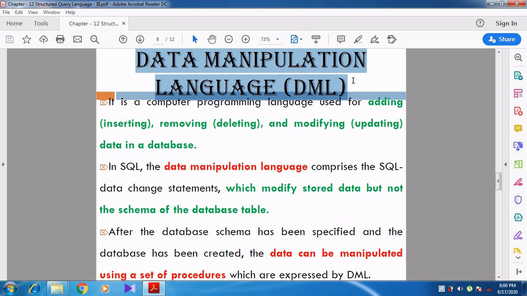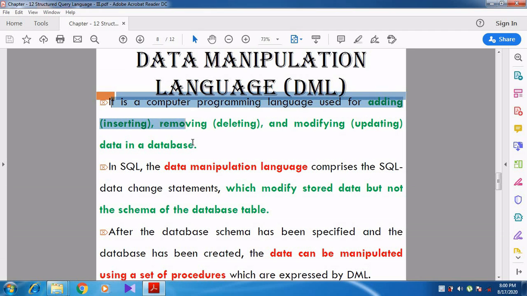Now DML, data manipulation language. After creating the table, after creating the structure, we want to store the data inside the table. So for that we are using DML. It is a computer programming language used for adding, that is inserting, removing and modifying the data in the database.